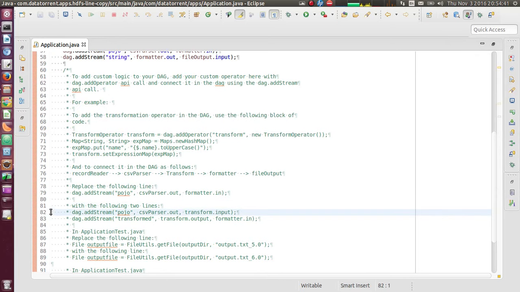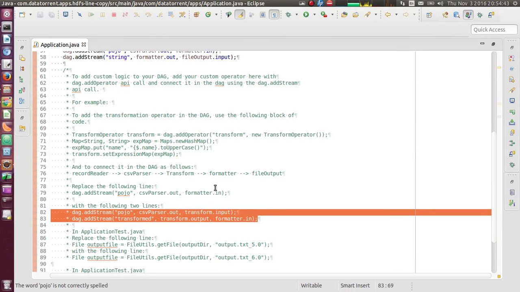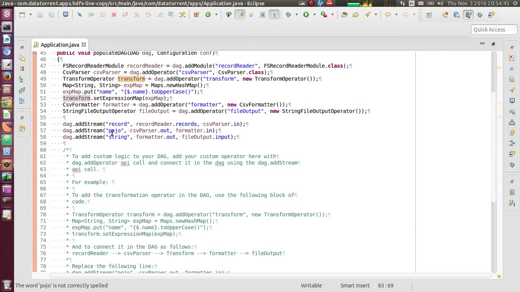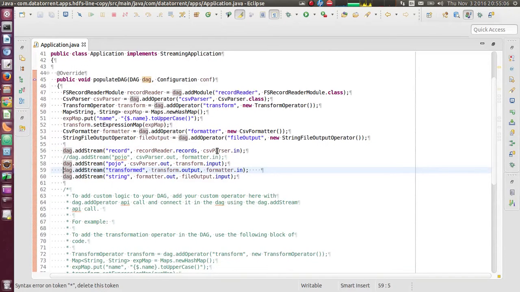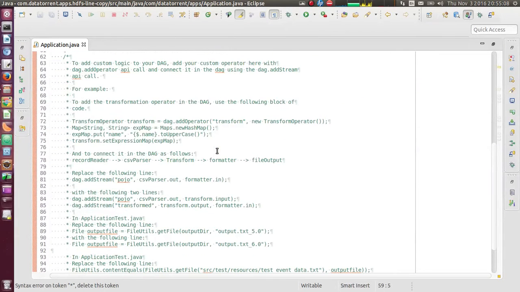So let's do that. I will comment out this line and add these two lines. So from the populateDAG perspective, we are done.